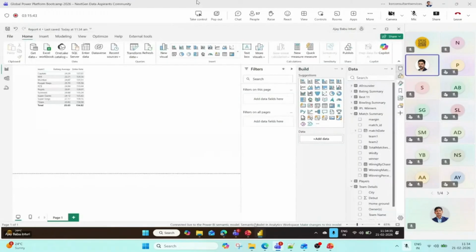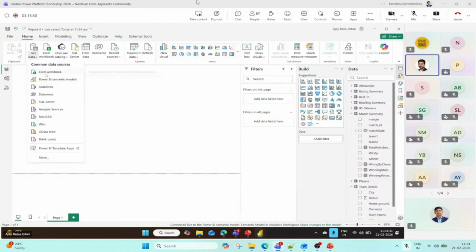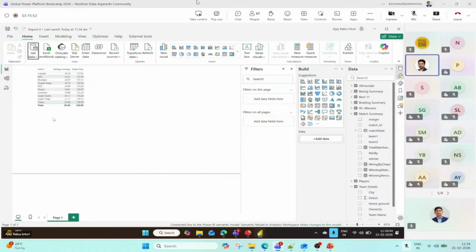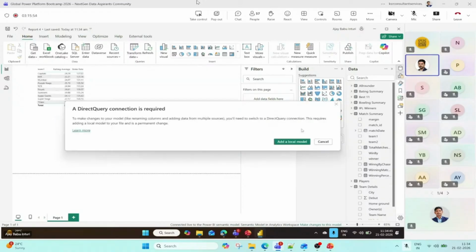Let's say this report is connected via live connection and you want to add another data source. I'm selecting Excel CSV. Why is it asking that a direct query connection is required? When I click Add local model, the table view and all those things can display, but whatever changes, data refresh and all those things will happen in the master semantic model. Let's say I'm doing that.